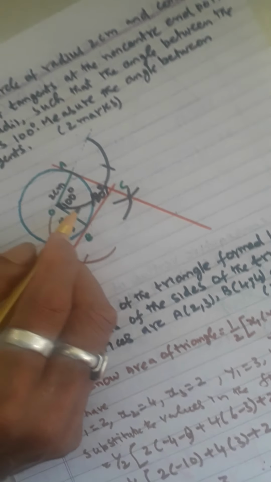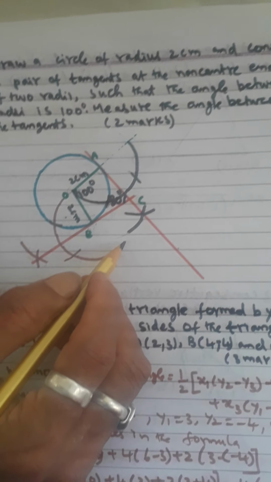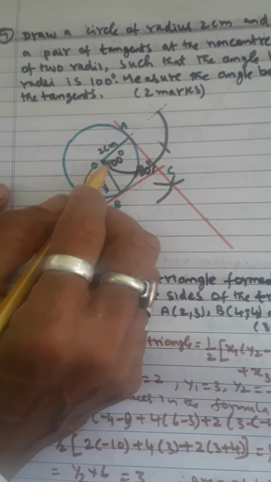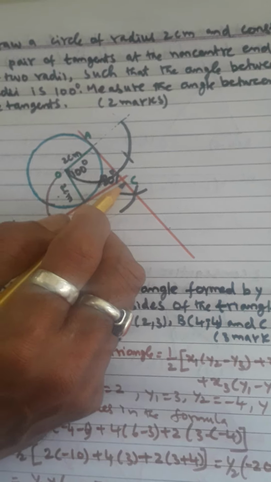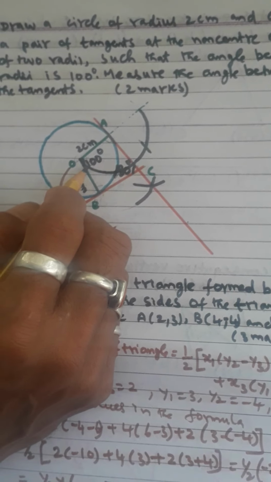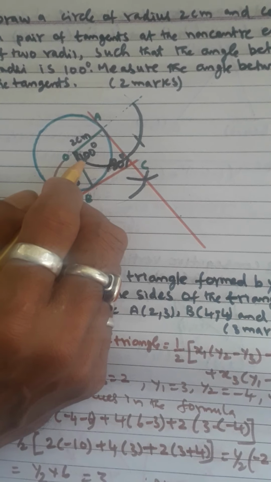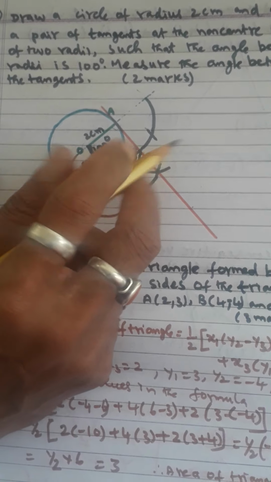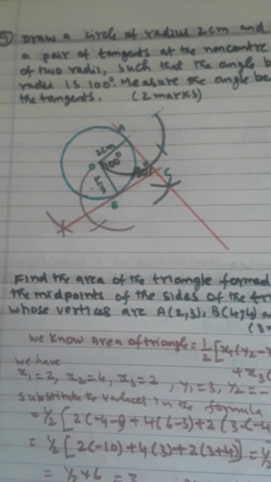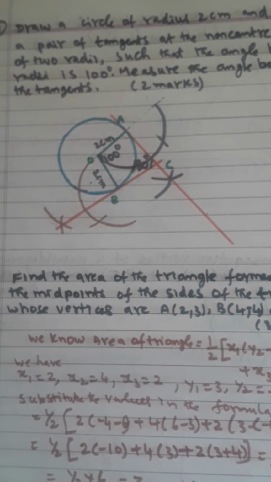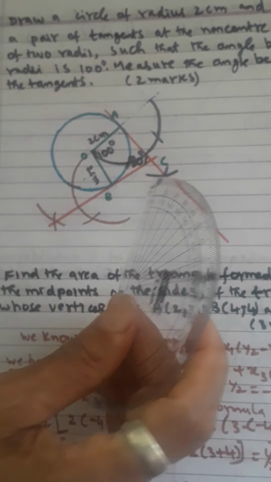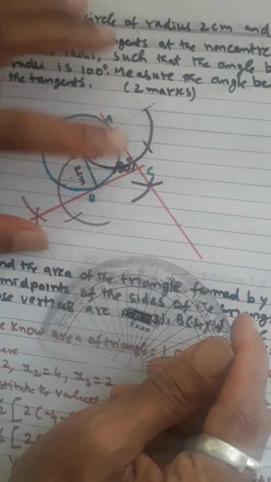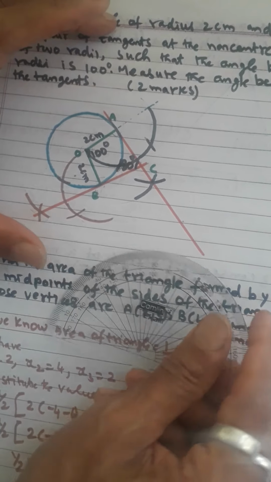Now we already know the property of the cyclic quadrilateral. In a cyclic quadrilateral, opposite angles add up to 180 degree. So this is 100 degree, they already given. So what is 180 minus 100, how much will you get? 80 degree. So 80 degree, you have to write it here. But whether your construction is correct or not, you have to check with your protractor and check whether you got 80 degree or not. If you did not get 80 degree, then your construction is wrong.